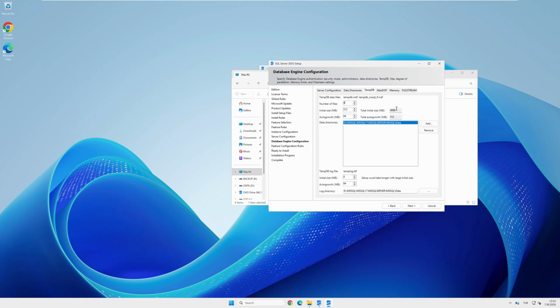This 4 gigabytes value isn't an official or universal best practice. It's just a control starting value we choose, so we don't leave TempDB at the tiny default of 8 megabytes in this lab environment, where we don't know the real workload yet. In production environments, TempDB size should be determined by monitoring the application's temporary space usage, query intensity, index operations, or